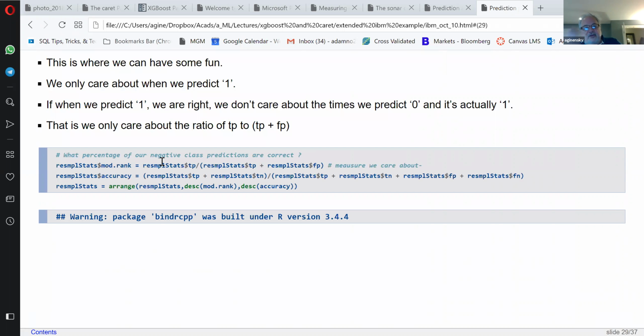Because I've done this, we can have some fun, which is to say we can ask a better question than just how well the model did. We don't really care about the sum of the true positives and false negatives. We really only care about the true negatives. I think I wrote this wrong, but